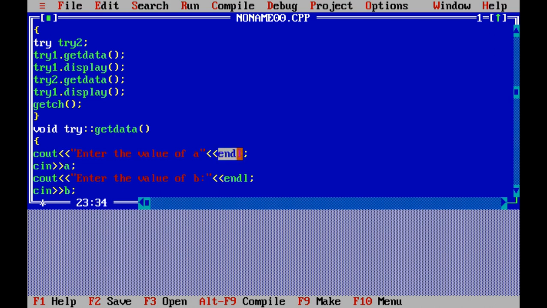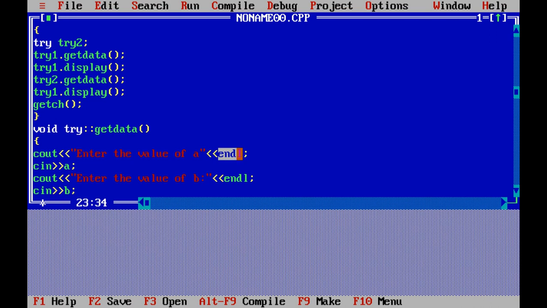Okay, the value of c must be 100, but it is 9. So there is an error in it. What is the error? Why is it not getting displayed? Because here you must display try2.c. Okay, so try2.display.